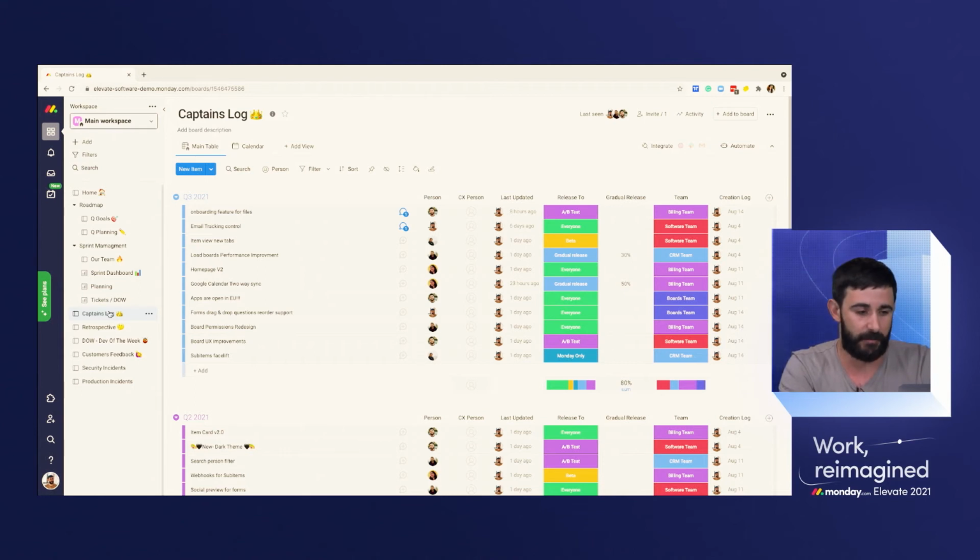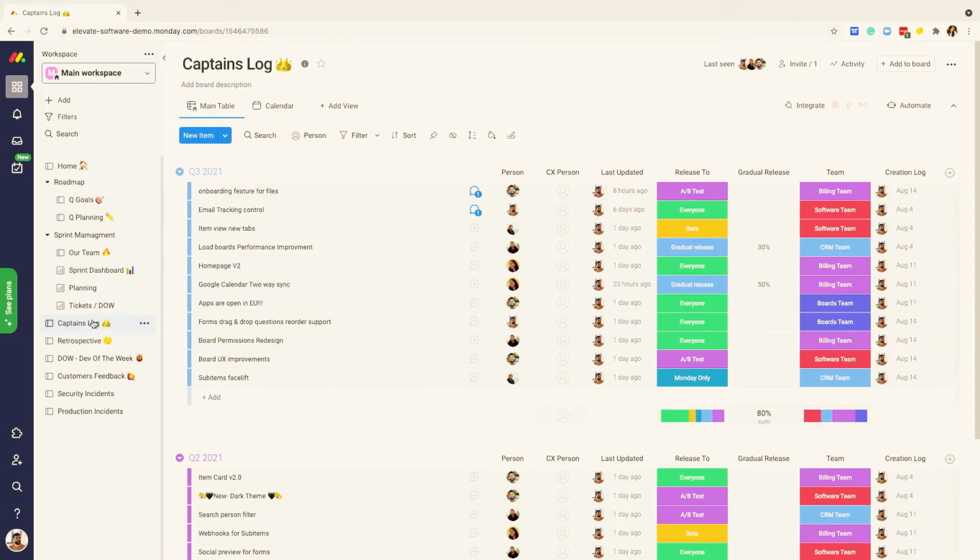A captain's log is a place where every engineer, every designer, every product manager, when something goes live into production, publishes it on this board. And they publish it with a lot of information. So for example, you can have the name of the task that you have been working on, who was the